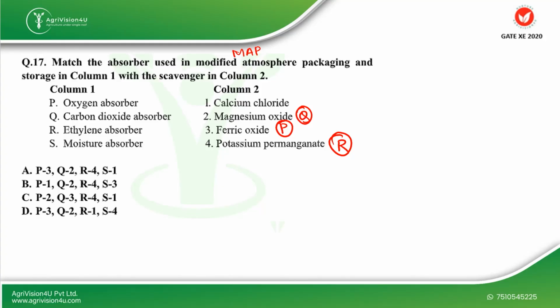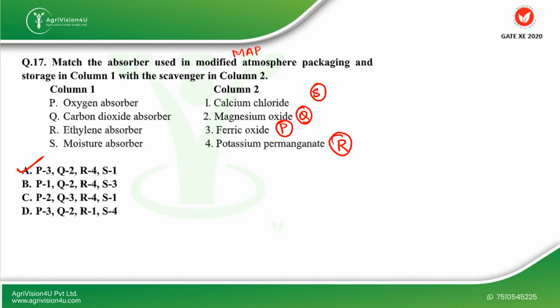As a moisture absorber, it controls the excess moisture present in food packages, which controls bacterial growth, or we can say mold growth. That is calcium chloride. Calcium chloride is basically a desiccant which is used to absorb moisture. It reacts with the water vapor to form calcium chloride dihydrate, which helps to maintain a low humidity level within the package. So over here my correct option will be A, that is P3, Q2, R4